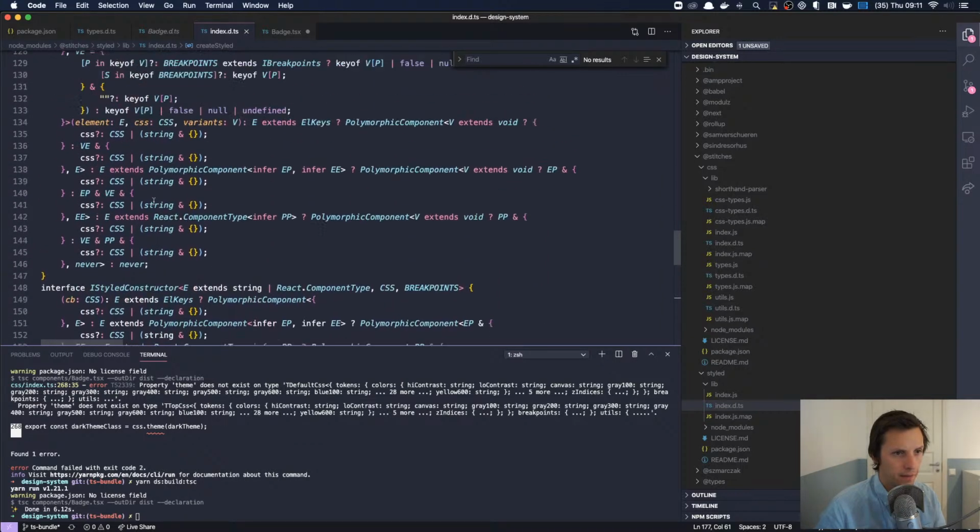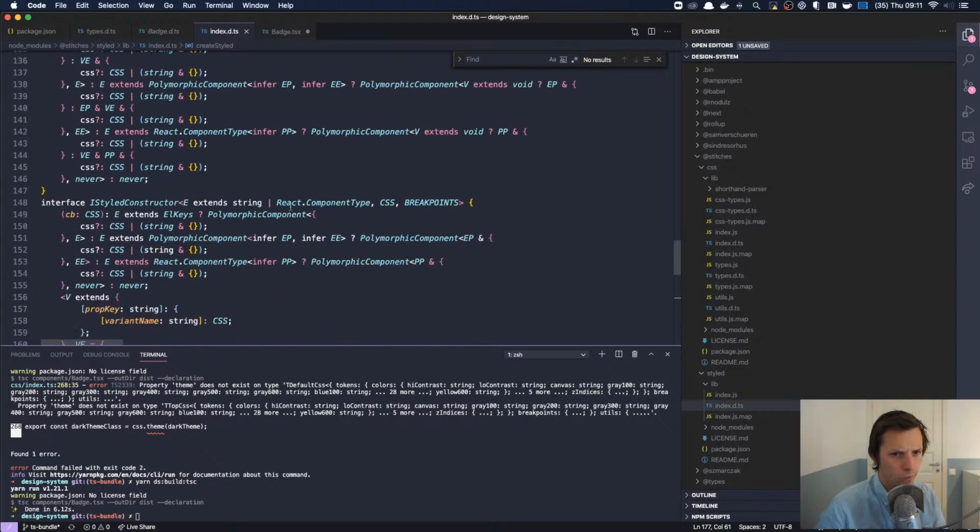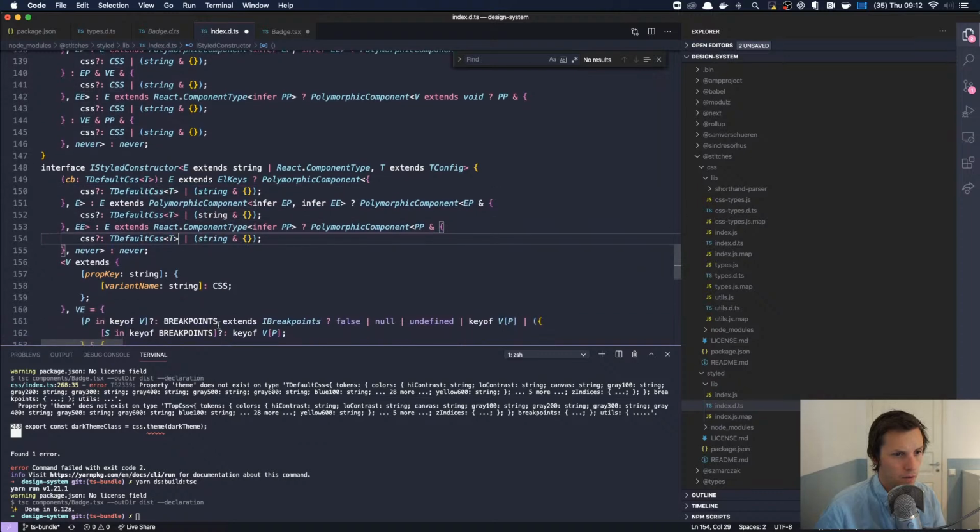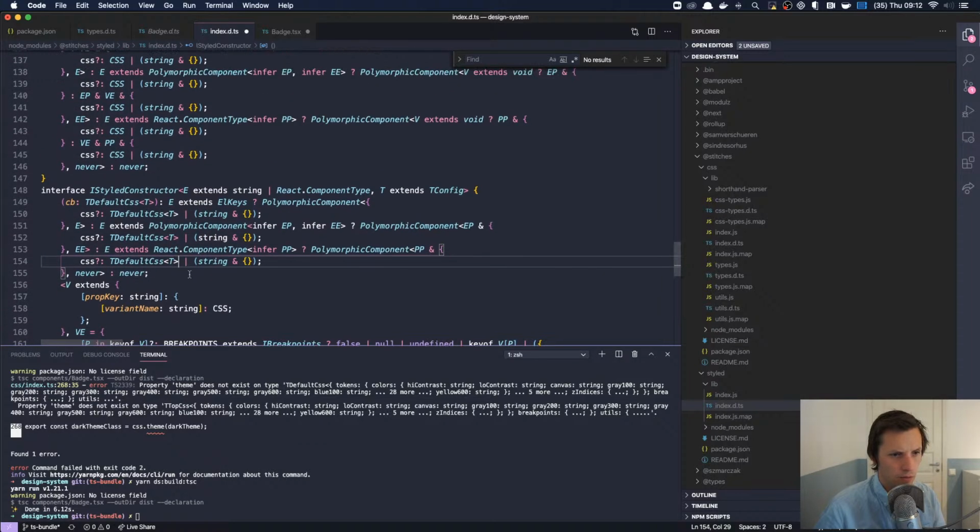But yeah, I have no idea. Then this is T extends T config. And then this should be like that. I guess we can just add that. Is this part of the, no, that's an override.